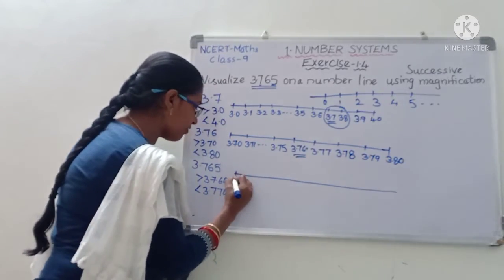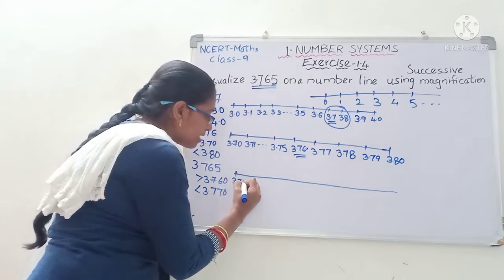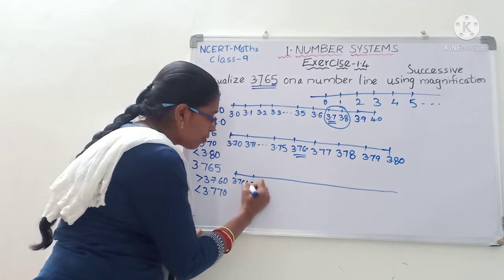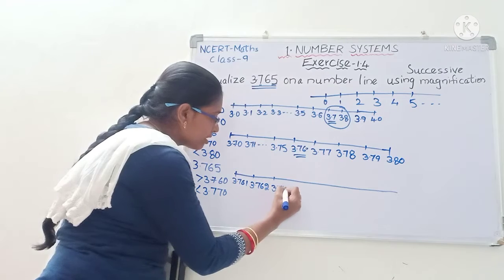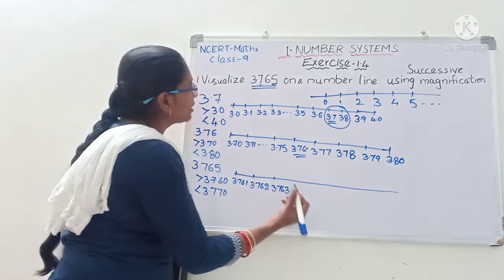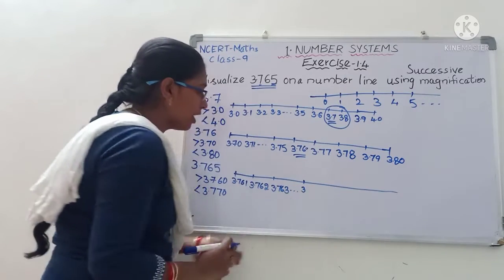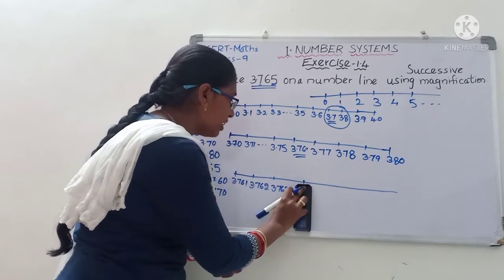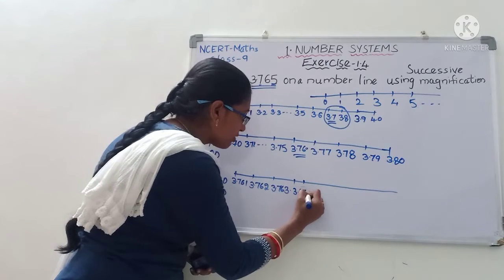After 3.760, you get 3.761, then 3.762, 3.763 and so on. What do you get, children? After 3.763, let me write 3.764 also, 3.764,